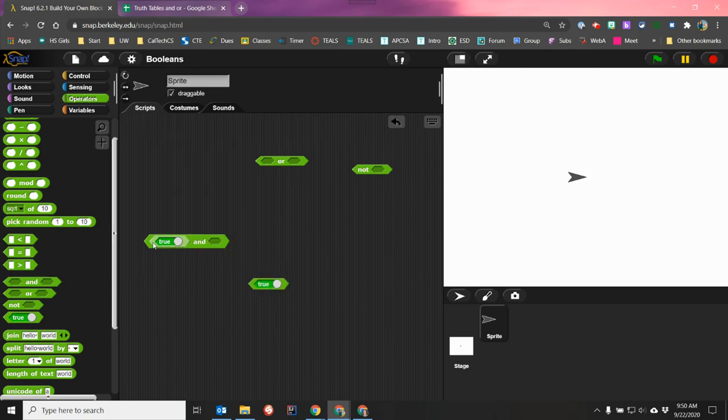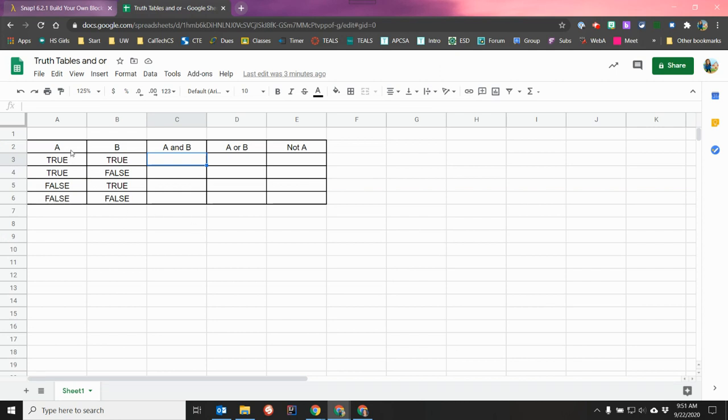So where this really more likely is going to apply is when you're looking at if something is less than something and something is greater than something, or comparing things that way. So we're nesting these predicates inside other predicates. Before we get too far into this, though, I want to actually look at some truth tables and at the situations. So what I have here is that I can say A,